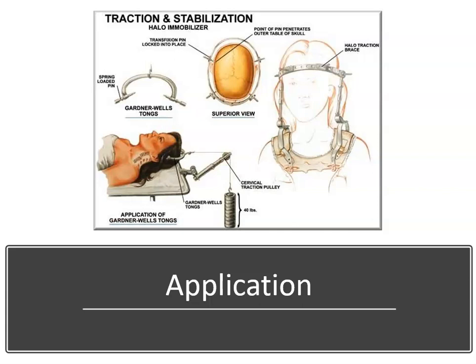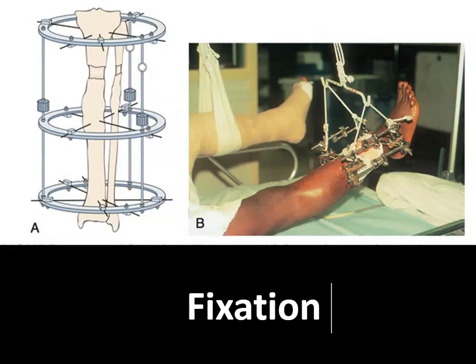Then we have 20664, which is still a halo, cranial, 6 or more pins placed. Documentation is going to guide what code you're going to select. And then if someone removes tongs or a halo that was applied by somebody else, we do have option 20665 to capture that particular service. When you're looking at a record, you're always going to ask yourself, who am I coding for and what did they do? All right, next up, we have codes for